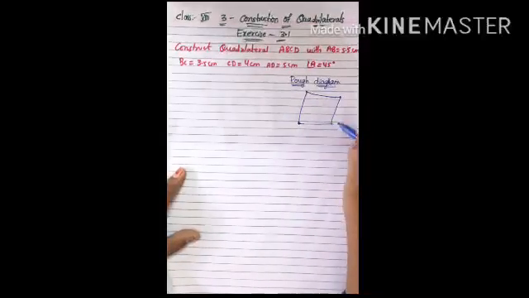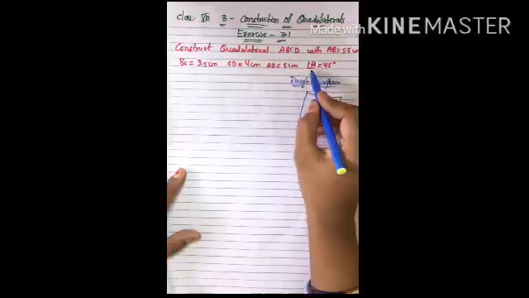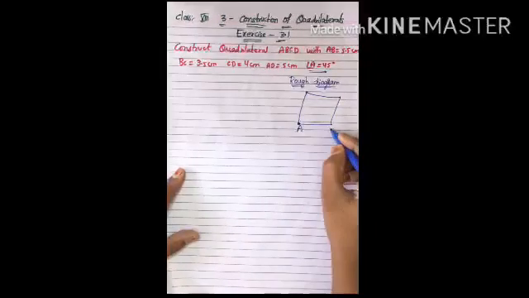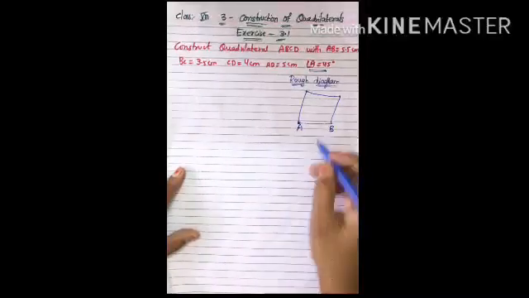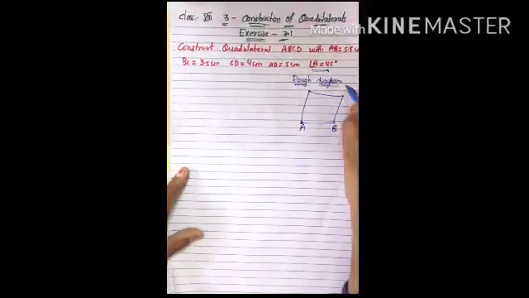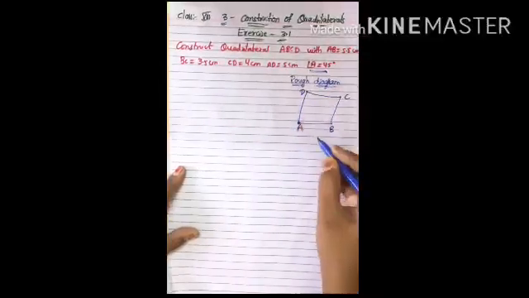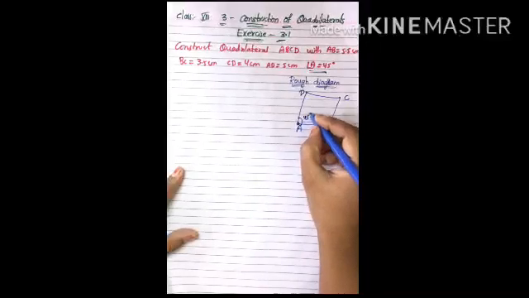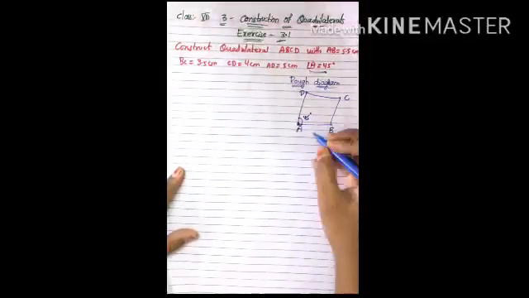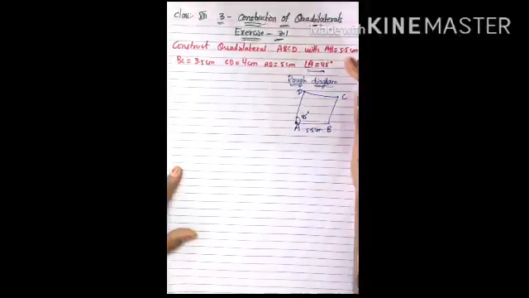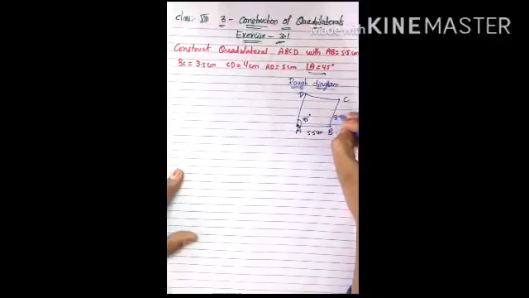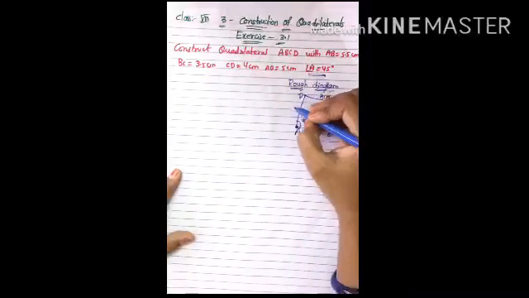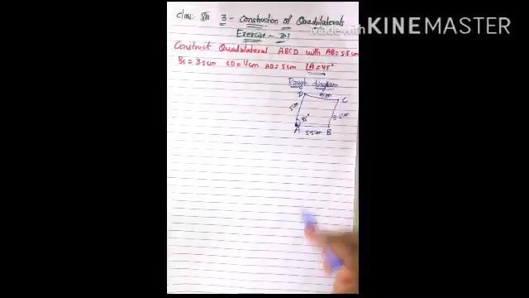any shape. Here angle A is 45, so we compulsorily have to take A as the base, because the angle is drawn where the base is given. So I am writing A, B, C, D, and now I will write the measurements. What is angle A here? 45 degrees. And AB? 5.5 centimeters is given in the question. BC is 3.5 centimeters, CD is 4 centimeters, AD is 5 centimeters, and angle A is 45 degrees.